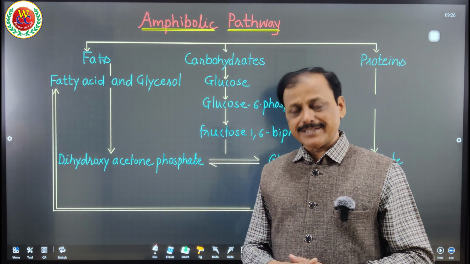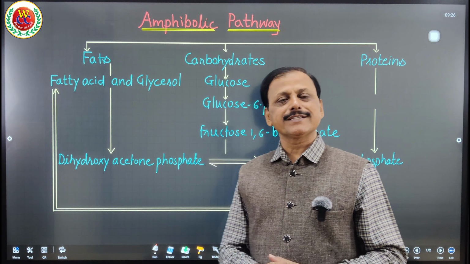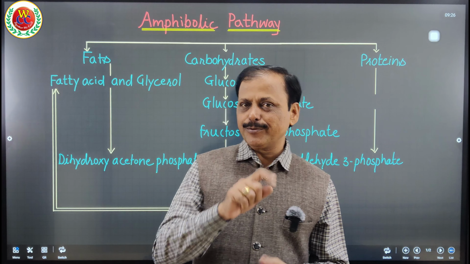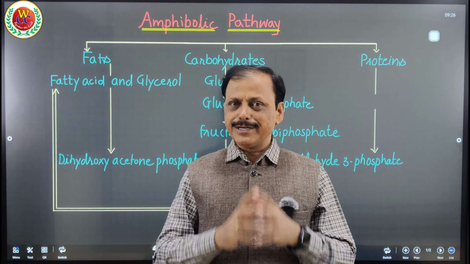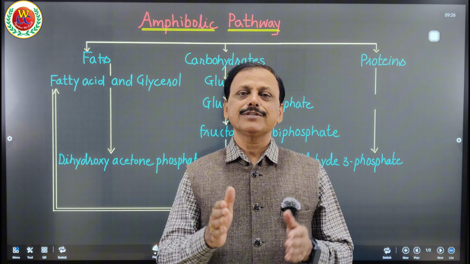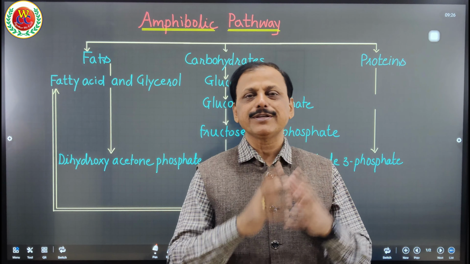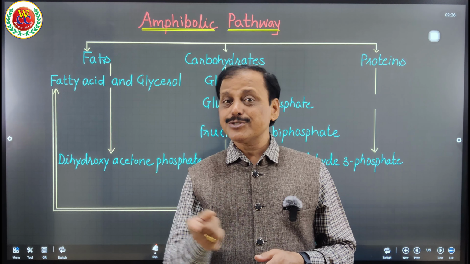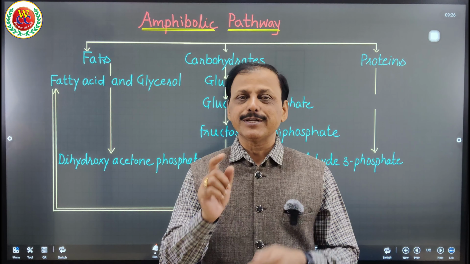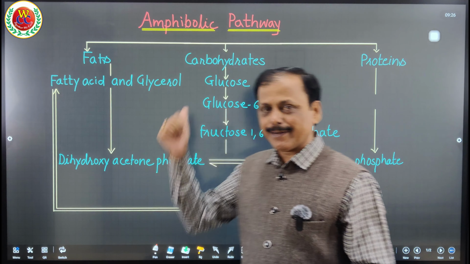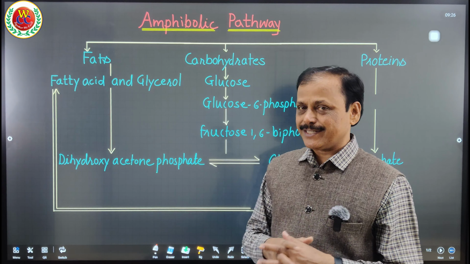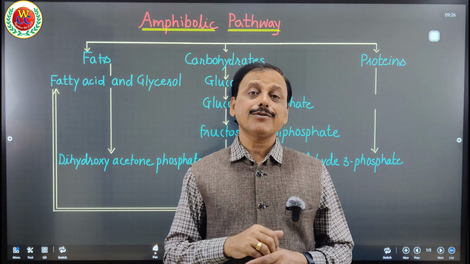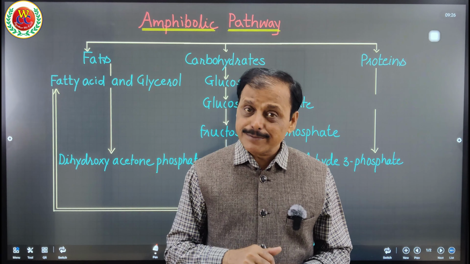Let us understand what is amphibolic pathway. As a part of definition, catabolic and anabolic together we call metabolic. No doubt, that is a common definition that metabolic reactions are the composition of catabolic and anabolic reactions. But when we say that respiration is only catabolic, but it is also anabolic, no doubt, together metabolic, but a separate term is given as amphibolic pathway. So let us understand, if respiration is a stepwise breakdown, then where does the anabolic reaction occur, so as to call it an amphibolic pathway.